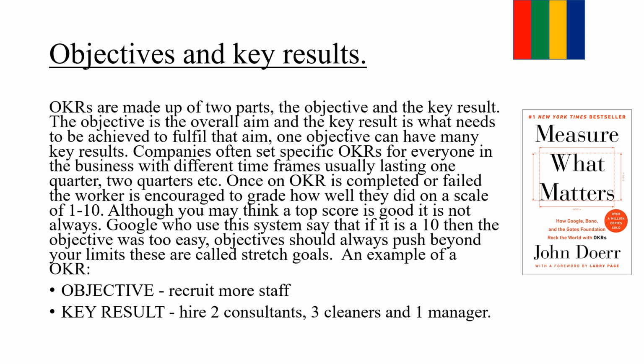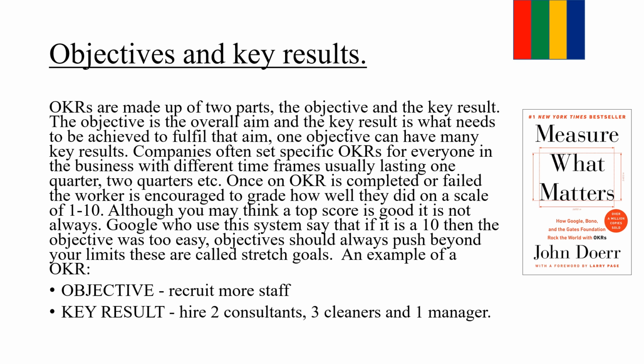So objectives and key results. So also known as OKRs, objective key results, are made up of two parts: the objective and the key result, which you may have got from the name. So the objective is the overall aim, and the key result is what needs to be achieved to fulfill that aim. So one objective can have many key results. Companies often set specific objective key results for everyone in the business, with different time frames usually lasting 1 quarter,